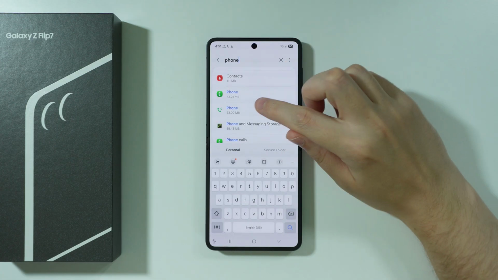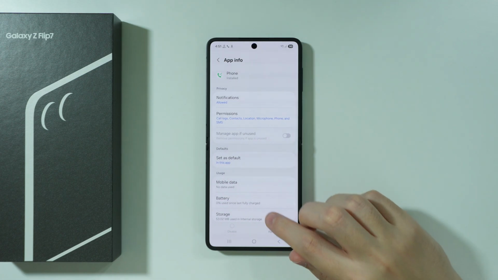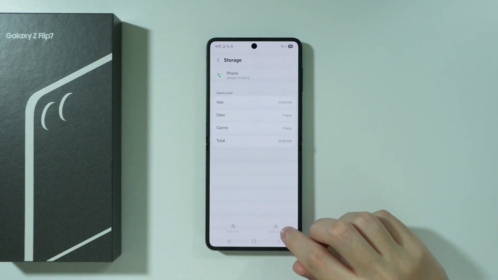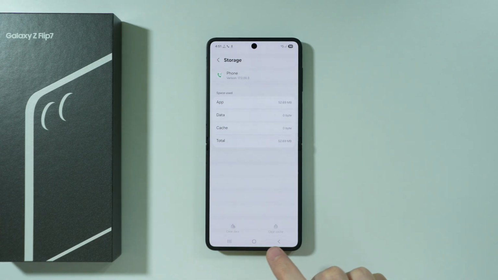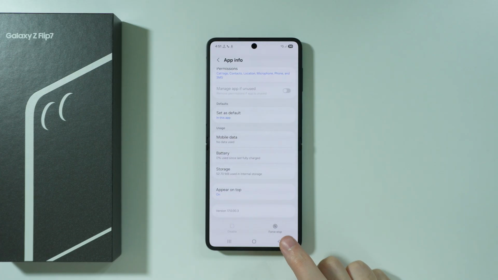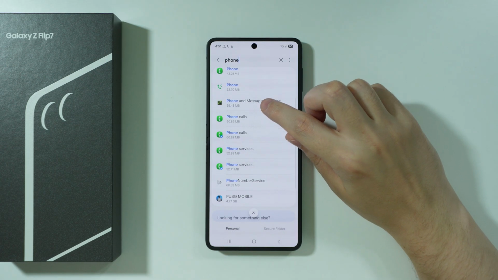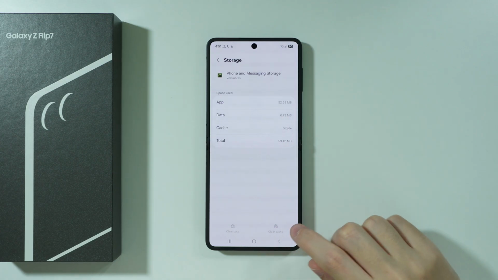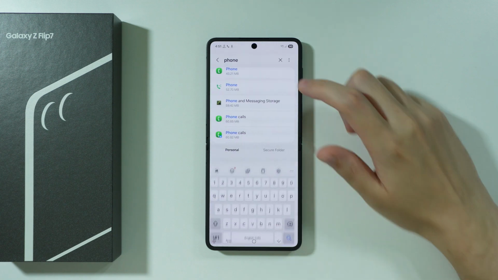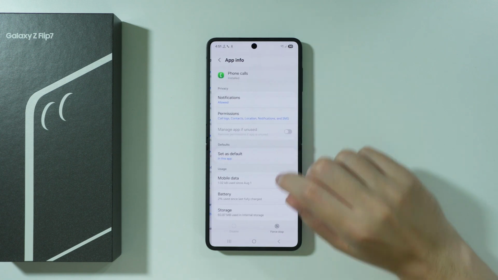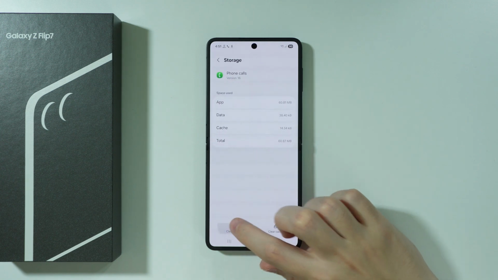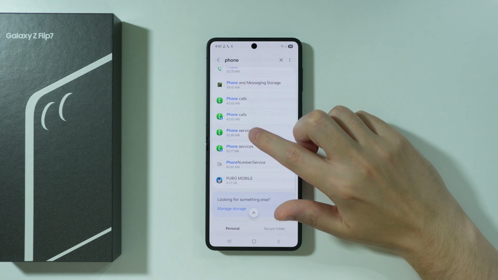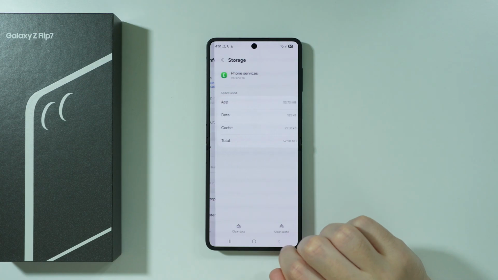Then we go back, go to this phone app over here, and open storage and clear data. We can also clear cache in case it doesn't clear, but usually if you clear data, the cache is also removed. Let's go back, and then go to phone and messaging storage, and do the same thing: open storage and clear data or cache. There we go. Next, we go to phone calls, do the same thing, open storage and clear data. There we go. Let's go back. Phone services as well: open storage, clear data,